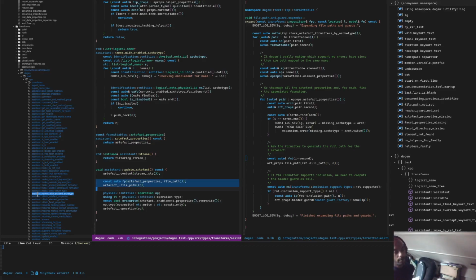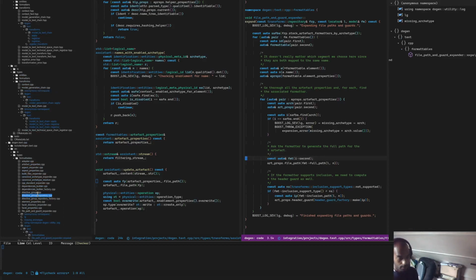However, what we are doing is we are only taking the path that was computed for cases where we are actually generating the artifact. And the reason why that happens is because we are populating the path, as you can see here, only when the assistant kicks in, and the assistant only kicks in when you're generating text. So we could do exactly the same thing here. We could probably prove that this theory is correct very quickly. So what we need to do is